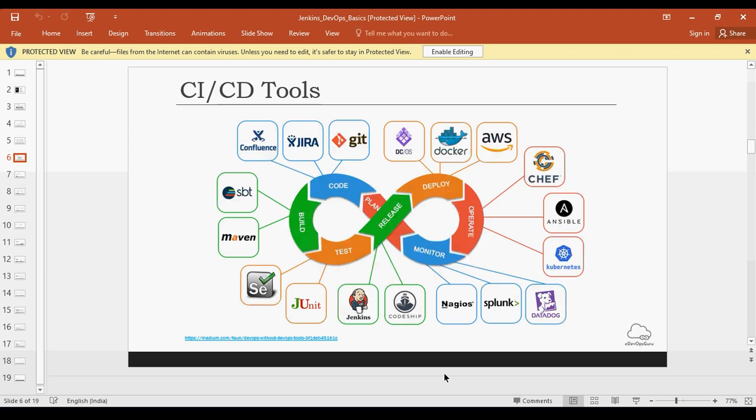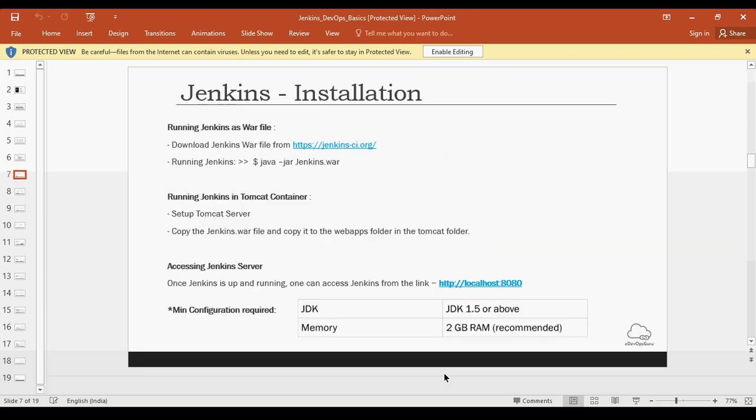So this is how different CI/CD tools are used in a DevOps pipeline. Basically, this heading should be DevOps, not just CI/CD, because we have covered the operational and monitoring aspects as well as the planning part. So we can say this is the complete sample tool list for a DevOps pipeline.